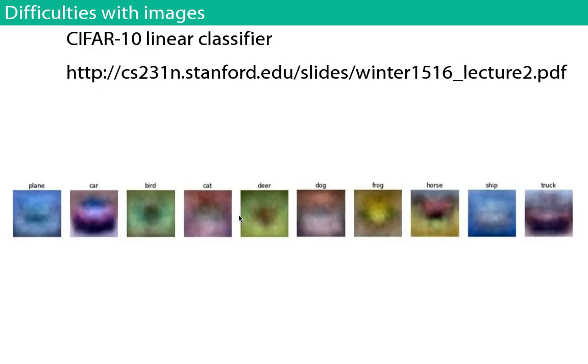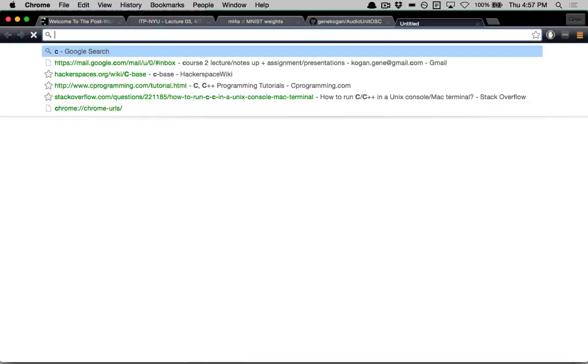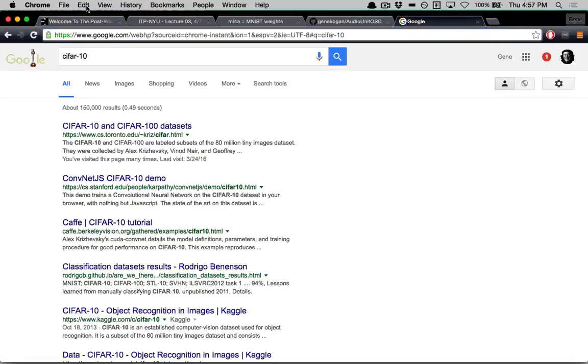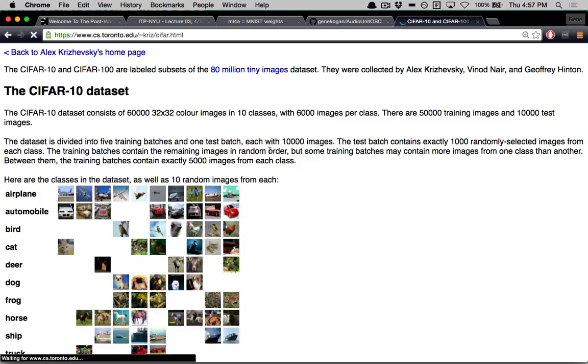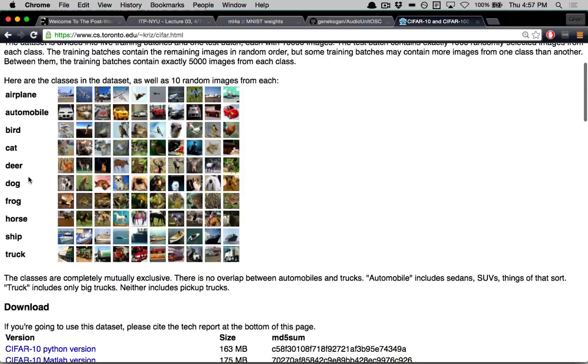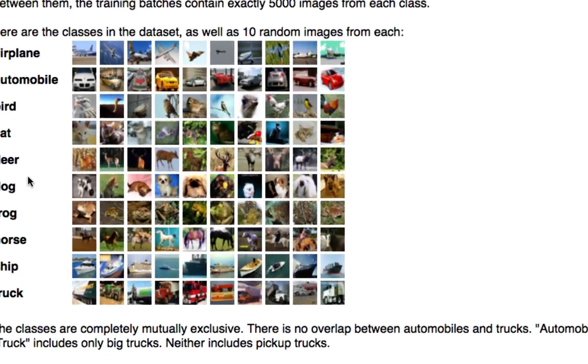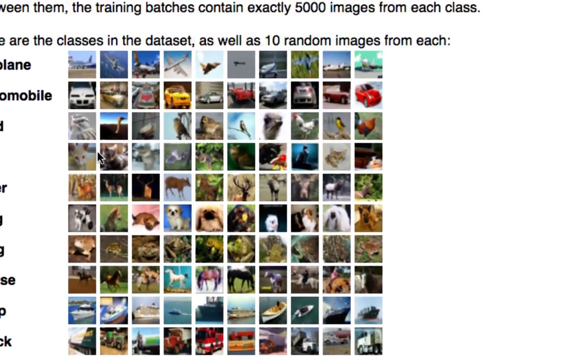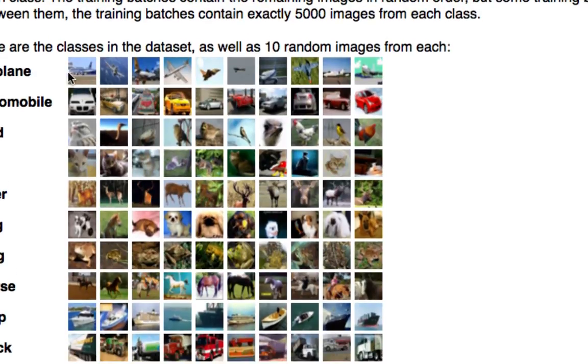Now, the way that it ends up working with these CIFAR classes, and actually I should show you a slide of what they look like. This is a data set that's used a lot in machine learning that contains these classes: airplanes, automobiles, birds, cats, deer, dogs, frogs, horses, ships, and trucks. And it just contains samples collected, I think, from the internet. So here's airplanes,